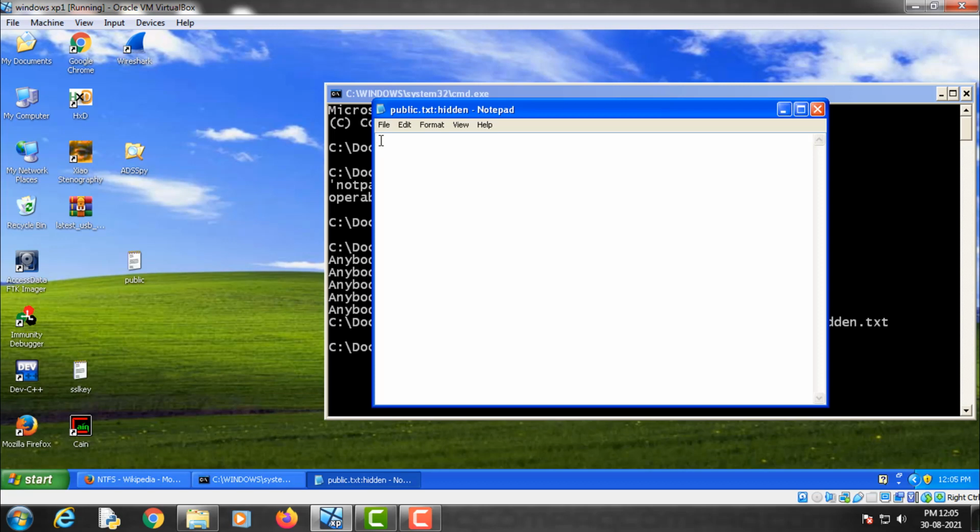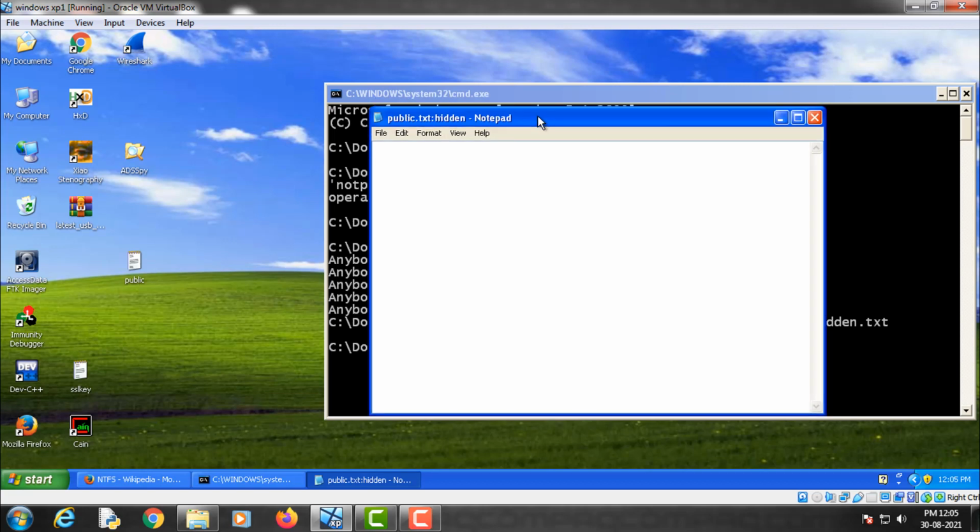Now let me hide some secret information in this file, that this is a secret information. Now let me copy and paste it 4 to 5 times and let's now save and close this file.